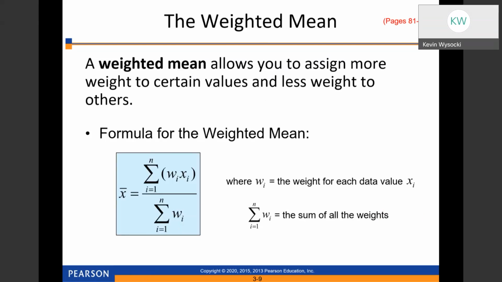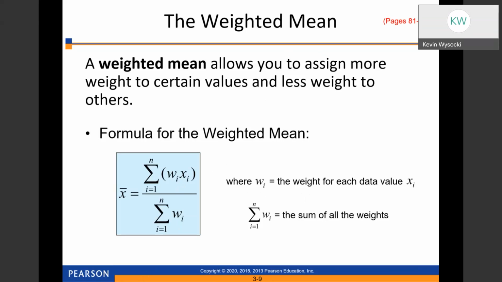This brings us to the concept of a weighted mean. A weighted mean allows you to assign more weight to certain values and less weight to the others. We use this formula if our data has already been broken down into the class and frequency. And for this formula, there's this new letter wi, and they're calling that the weight for each data